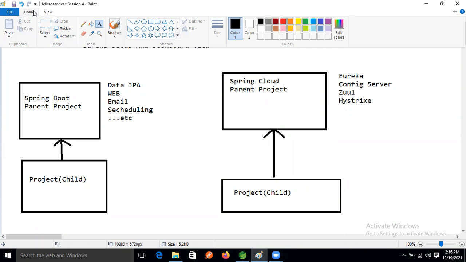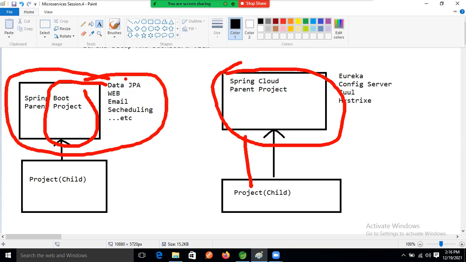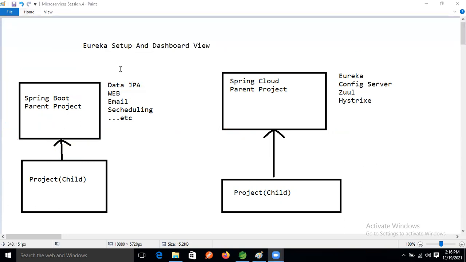Because suddenly, if I'm not explaining this, people will ask, okay Ravi, this is the parent project and we are declaring the child project, but we are using these services also, then how can we enable this? Will this kind of question come in your mind, guys? Yes, Ravi, confusion.